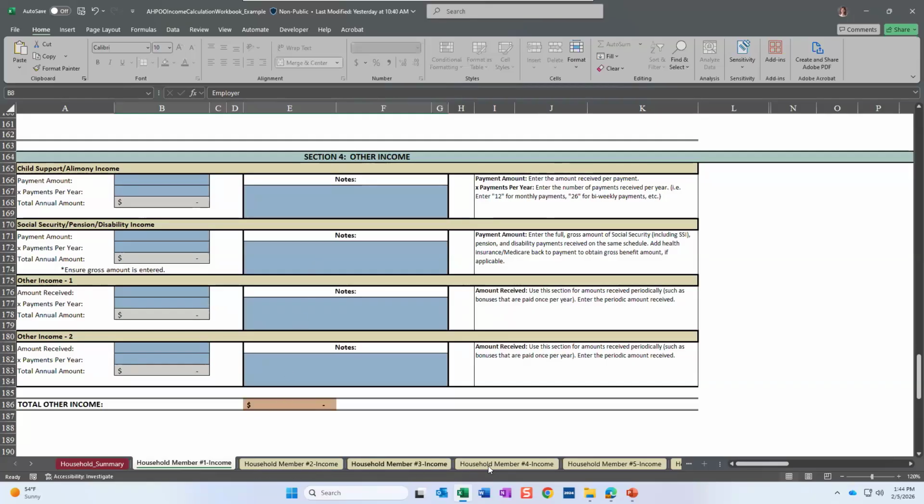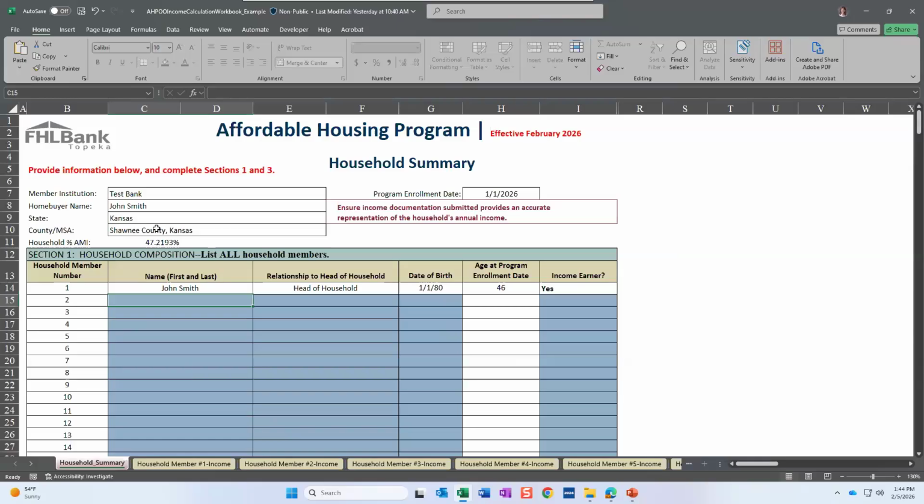Okay, again, all the household members look identical to this one. You just fill out one for each income earning adult. And then once you've filled those out, you'll see that the income workbook spits out the household AMI percentage for you. So it does the math there so you know which category your household falls into in regards to targeting. All right. So that's again my high level overview. I know there's a lot more that goes into income. So don't hesitate to reach out if you have any questions, or I'm happy to answer what I can while we're working through training today if you do have a specific question.